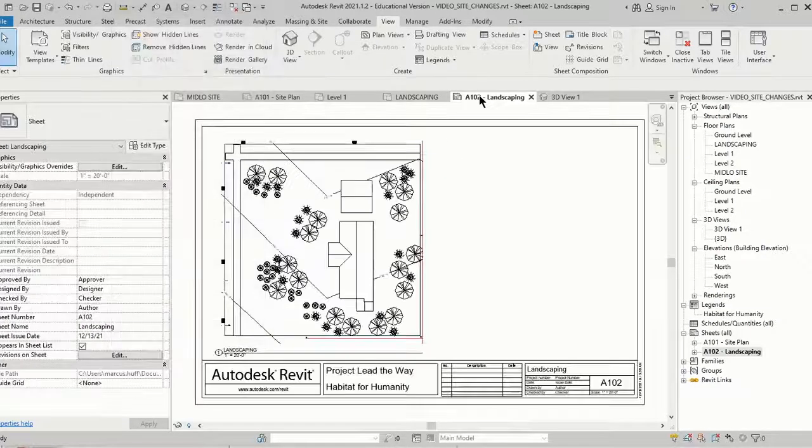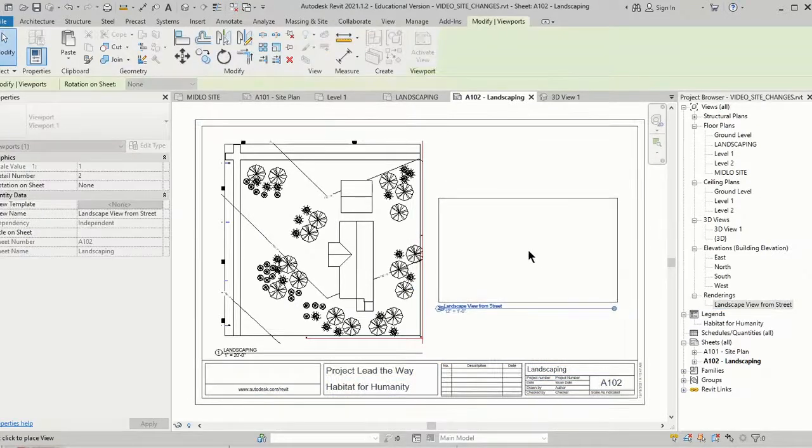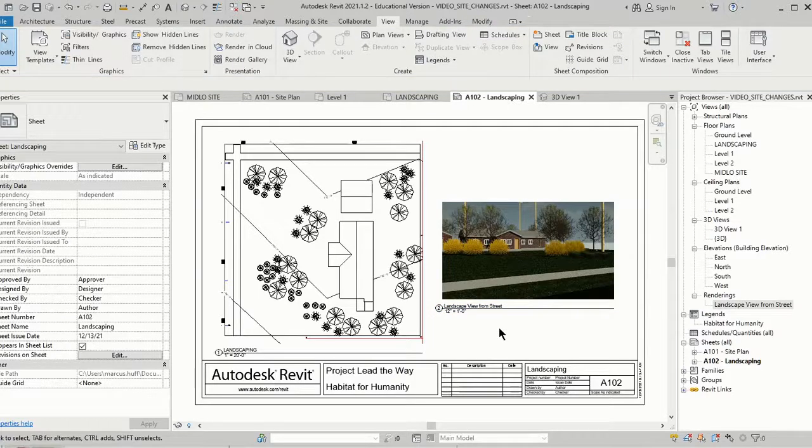Go back to your drawing here, and we're going to grab the rendering landscape view from street, and it should just fit in right there. So the reason that's why we changed this 1 to 20, so this fits over on this side, and your rendering should fit in just fine. All right, so that gets you through getting the